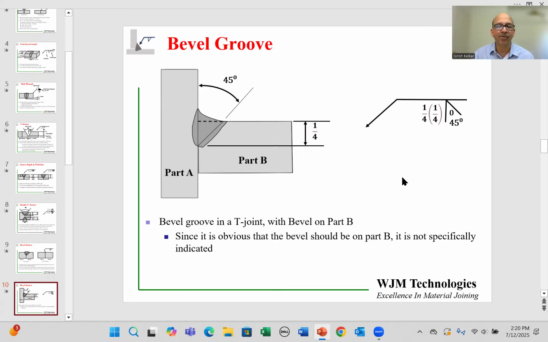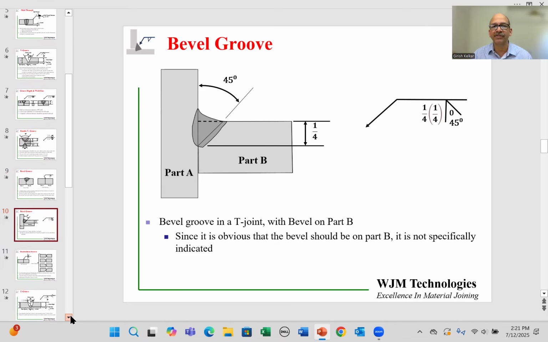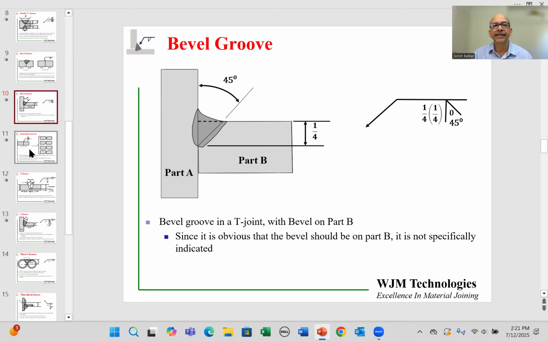Obviously, it's going to be slightly deeper to make sure that the root of the weld, which is the point where the bevel and the vertical face come together, that point is called the root, is going to be fused. So this is the interesting variation in bevel groove that you have the choice sometimes. Sometimes it is obvious. Sometimes it is defined by the part as part of the drawing itself.